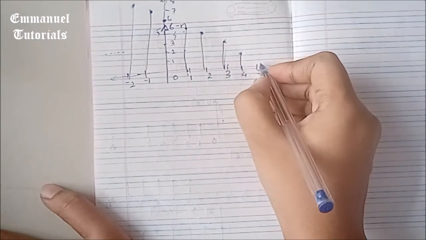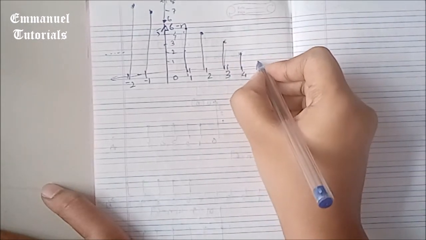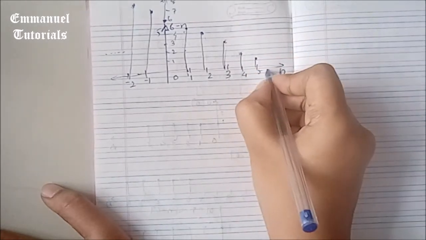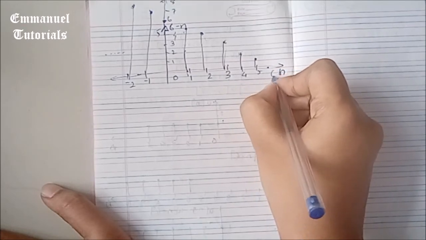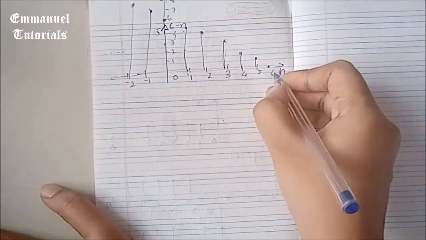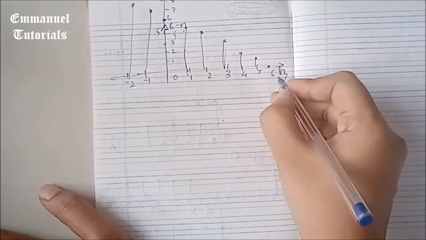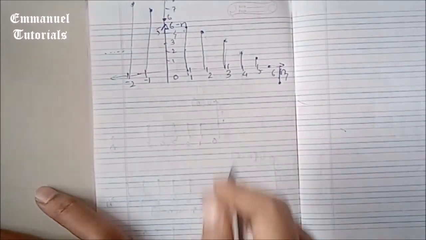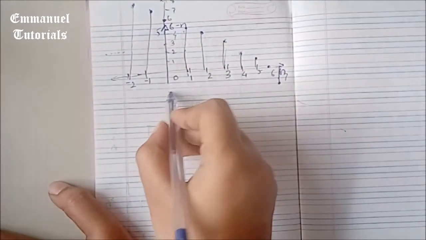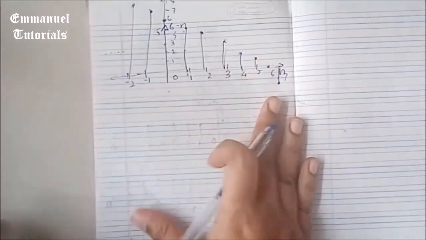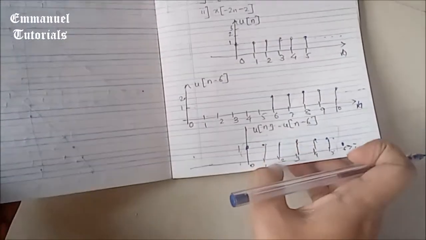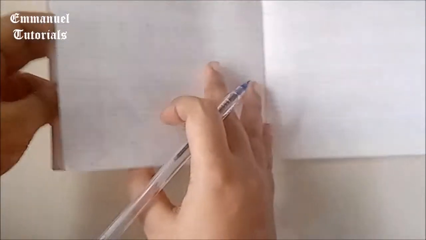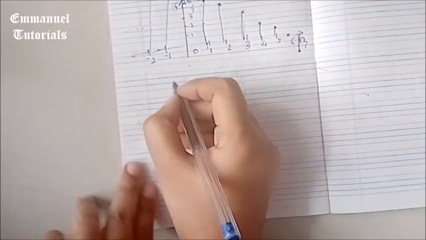At 5, the signal is going to be 6 minus 5, which is 1. At 6, the signal is going to be 6 minus 6, which is 0. At 7, the signal is going to be 6 minus 7, which is -1. And this is going to go on this way. Now we need only the signal between 0 to 5, because multiplying the first signal by any signal is going to give you a signal between 0 to 5, because the rest of the values are 0. So directly we'll multiply and find out the resultant signal, which is x of n.